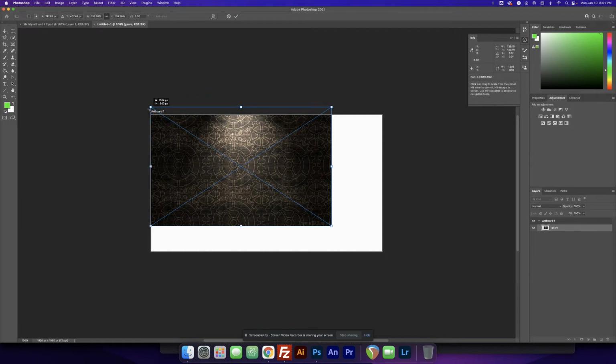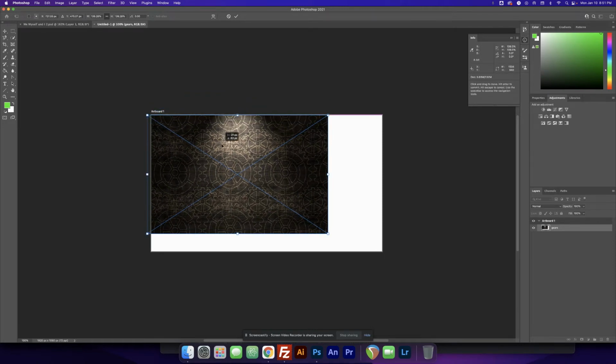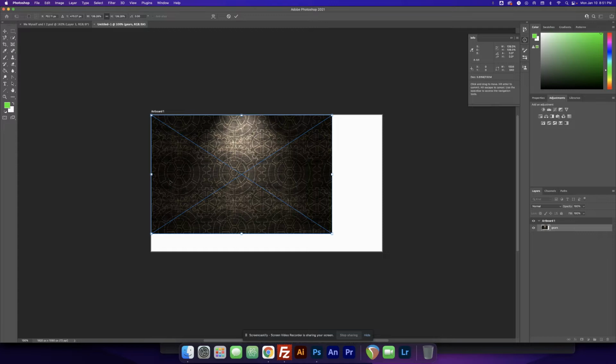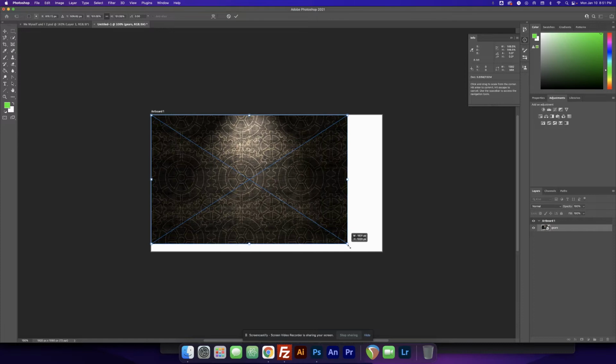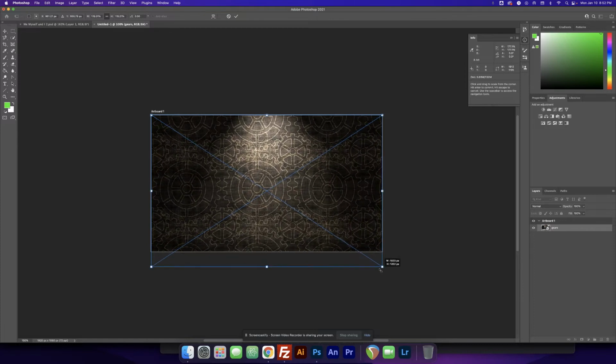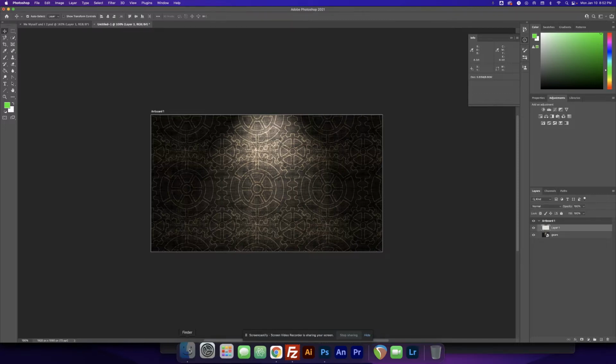And if you bring this in and it doesn't have the handles on it, like let's say we click off or something, the way to get that back is click on it and hit Control T. Control T will bring up the scale handles. Okay, so then you click off that, and that is the gears layer. Now I'm going to make another layer and bring in,